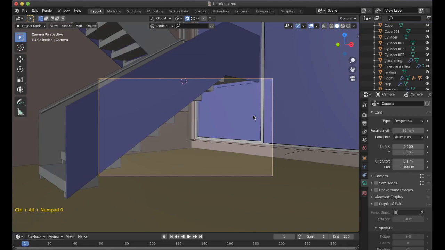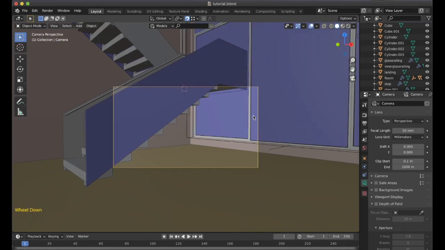So what this has done is that it has moved the camera to view, like whatever we are viewing in the viewport, and once we have selected the camera, using this shortcut we can directly bring the camera to the viewport. Now I will bring the focal length to roughly around 30.